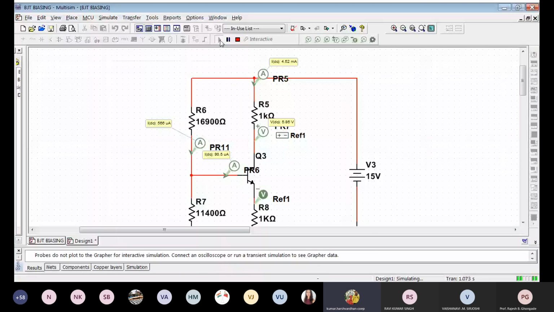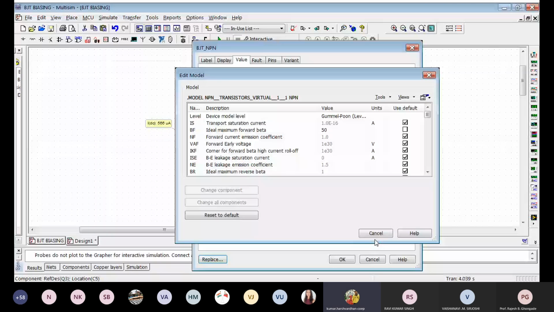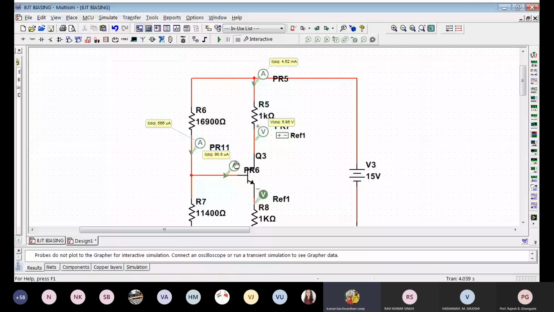So there is no large change in the Q point. Okay. Similarly, if I make this 150, still you can see that there is no large change in the Q point. That is the reason why we have said that for emitter current bias, the bias stability is the best.